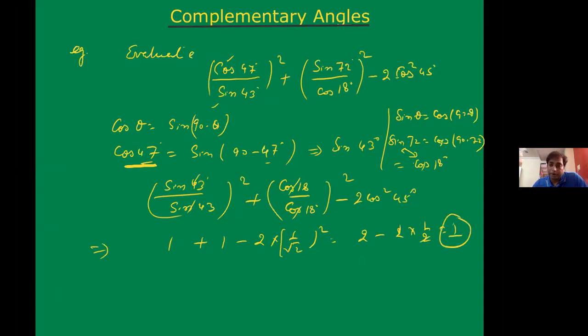So the important point here is we need to try to see in terms of the complementary angle. This is one acute angle, and the other acute angle is this. So this is the complementary angle: 47 and 43 are complementary because the sum of 47 and 43 is 90 degree. So our question will solve easily. Otherwise we will get confused if we don't understand the complementary angle clearly.